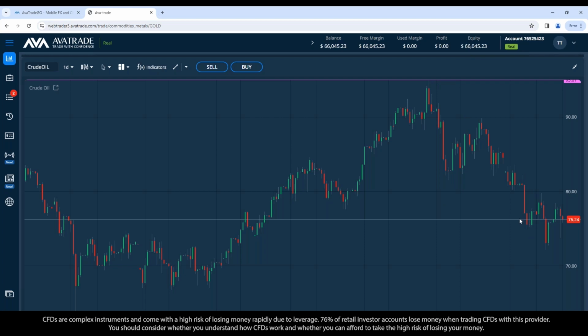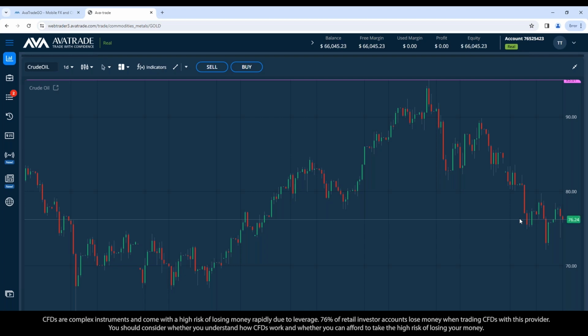Okay, now the question is, where will crude oil find support and maybe start to come back up? And so if we start to see good economic data, like we saw out of the European Union today, okay, the PPI data, some numbers that came out of the European Union were better than expected. The euro strengthened on that. And so those types of numbers coming in could help bounce crude oil back up.